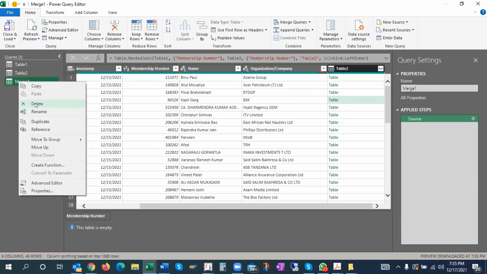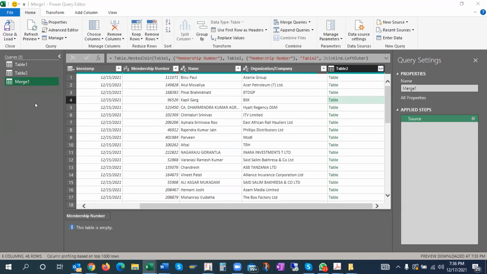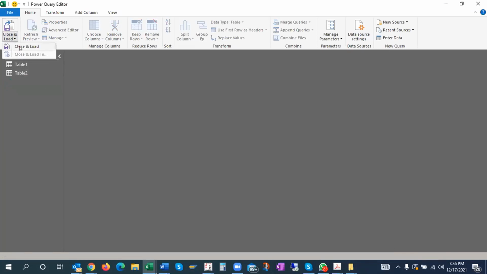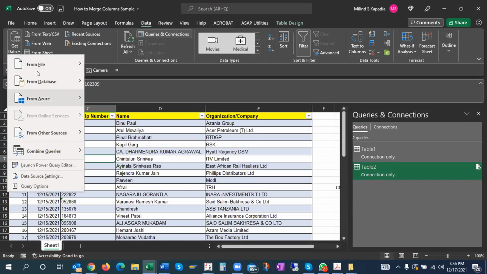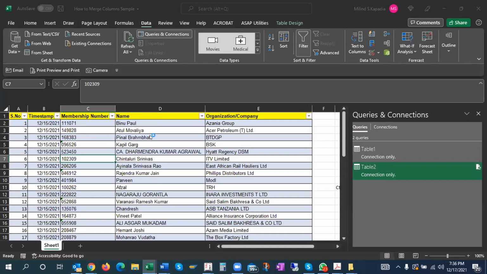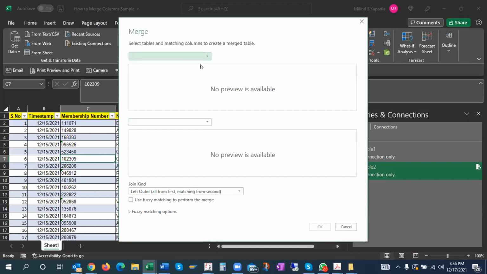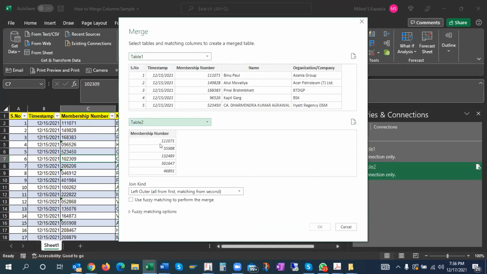Milan ji, first selecting the table through the downward arrow, if we select table 1 or 2, will that matter? Or when we select the header of the column first, that will matter? See, the header of the column is important. Here we can select either of the tables, whether table 1 or table 2, it hardly matters. At this stage, if we select A or B, it hardly matters. The thing is, now we have to click on the header.